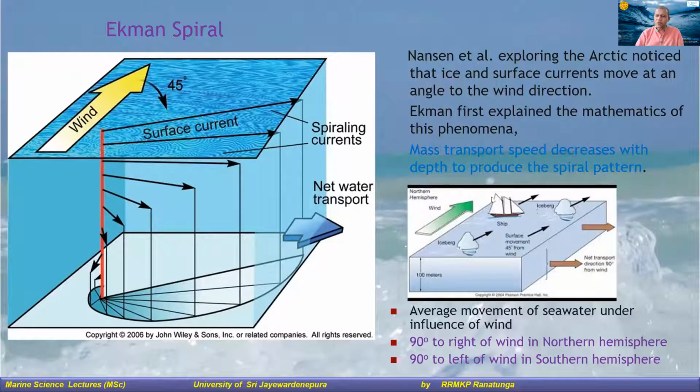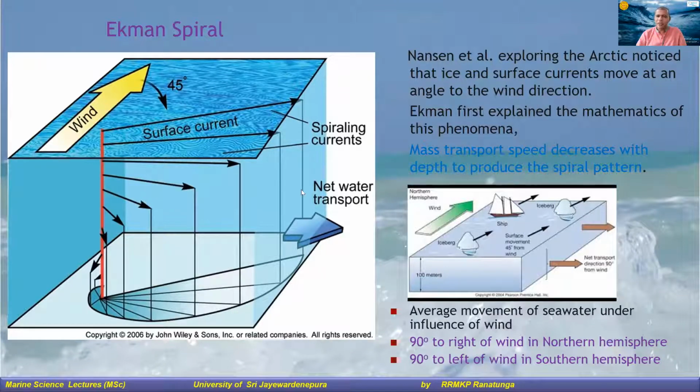So the movement of objects, anything flowing, was to the right in the northern hemisphere and to the left in the southern hemisphere. Right? Again, this is in line with our previous discussion, that is the Coriolis effect. The same Coriolis effect is the reason for this. Now, because of this Coriolis effect, as well as the concept of Ekman spiral or Ekman transport, the ocean current movement is to the right.